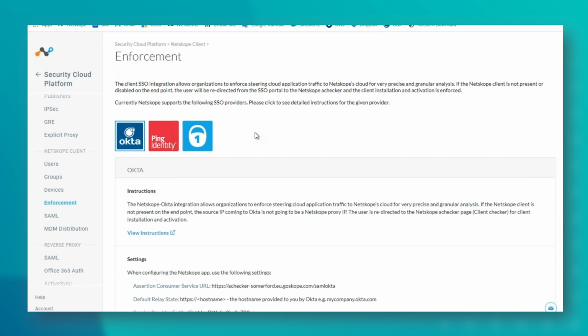So if I was to uninstall the client, try and run that Salesforce, and this was enabled, I would now be taken to a page that asks me to download the client and install it before I can access the resource. So you have those options. You can either put on the reverse proxy, which forces the user via the tenant, even if a client is not installed, they can still browse and so on. Or you could put on enforcement, which would force them to actually download and install a client for that to function for them. And it's all about protecting those front doors.